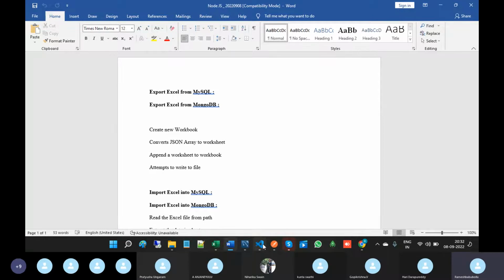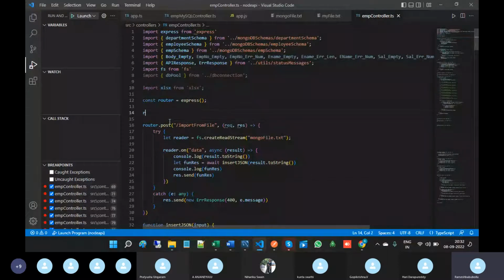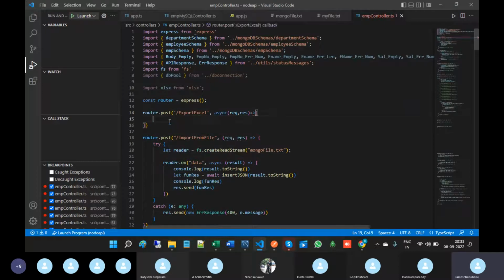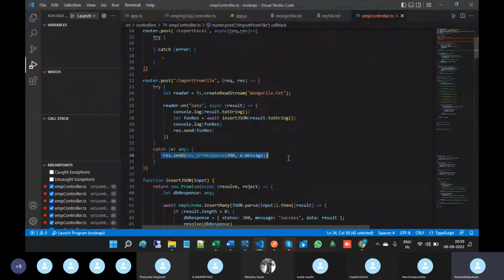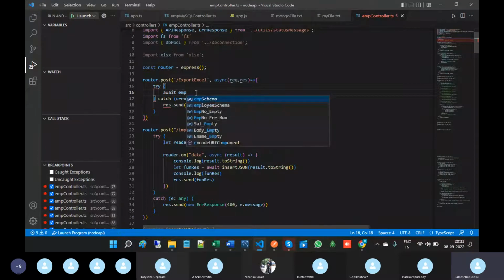First of all, go to this EMP controller and write one new API, export Excel, and here async is required, request, response, and try. And here await EMP. So before that,